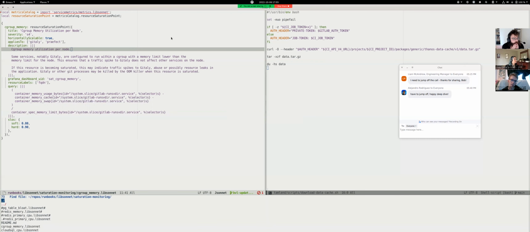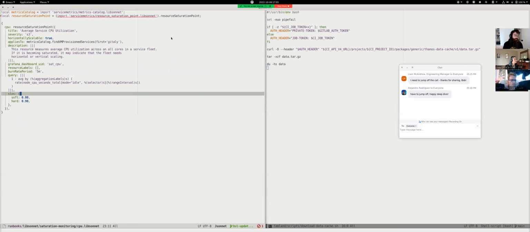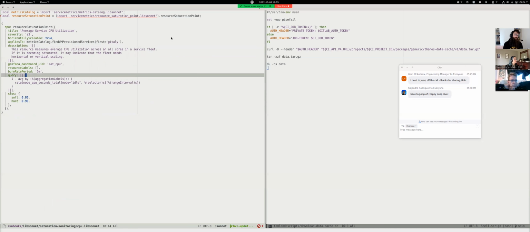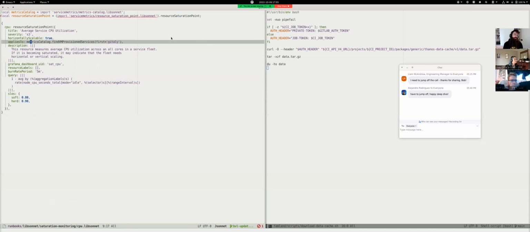Right. But what I was driving at is that we have a mapping of which services depend on which of these resources that could get saturated. Okay. So for example, here's the CPU saturation one that is using the metrics catalog to find everything that is provisioned on VMs, and that's based on